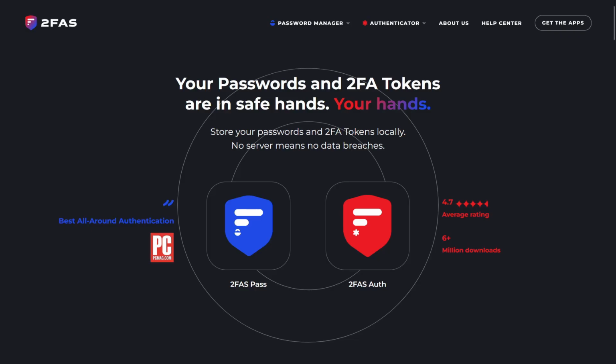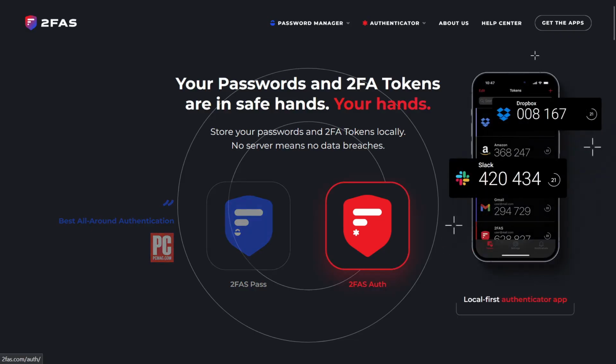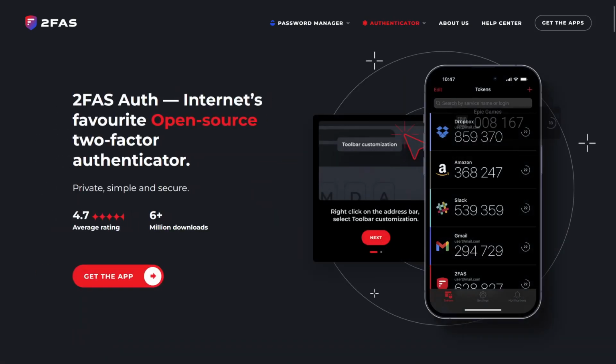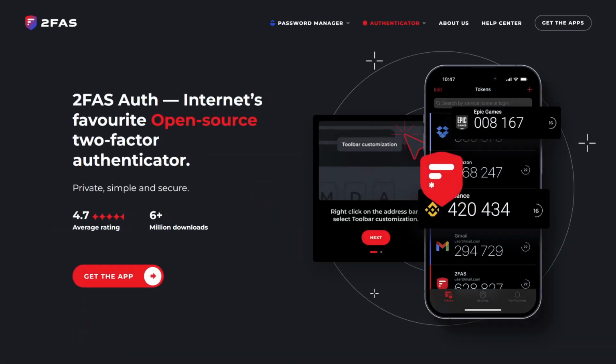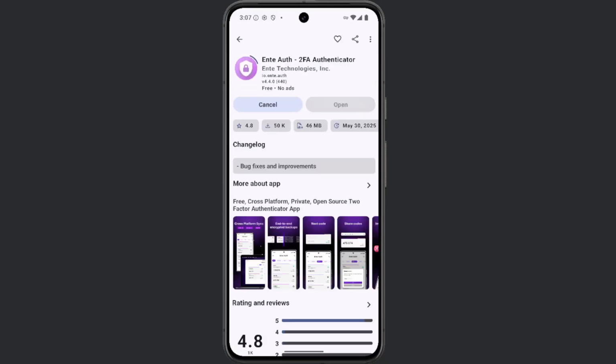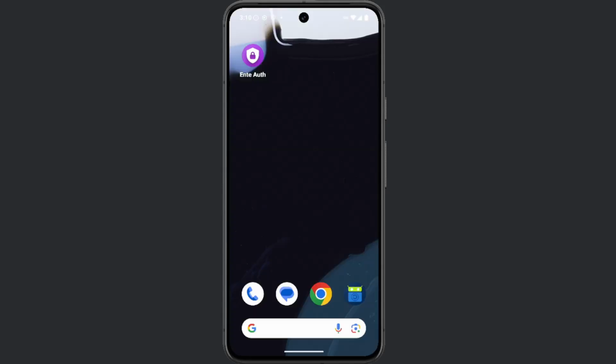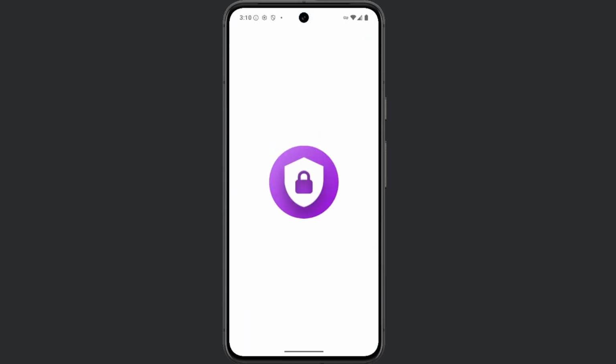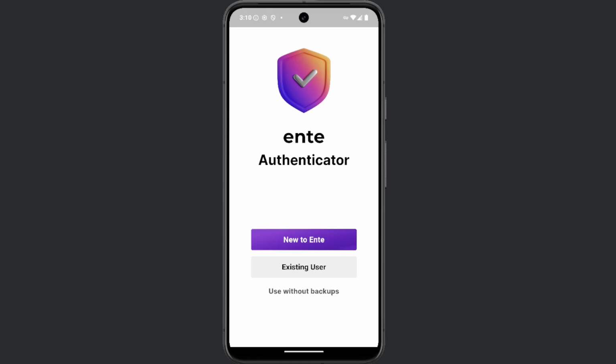In this video, we will discuss 3 free and open source authentication apps that are currently considered the best solution. Ente Authenticator is an app that works on all major operating systems, Windows, Mac, Linux, as well as on mobile devices, Android and iPhone. After downloading the app, you need to create an account by entering your email address and